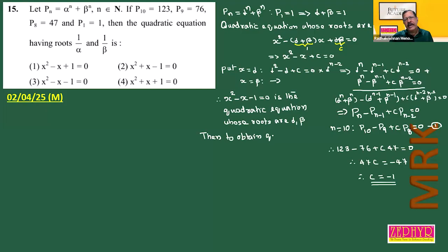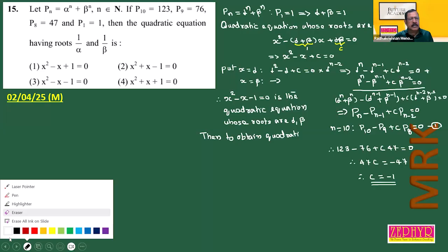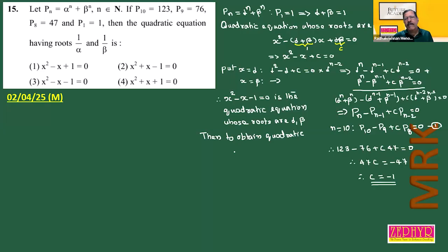Shortcut: to obtain the quadratic equation whose roots are 1 by alpha, comma 1 by beta,